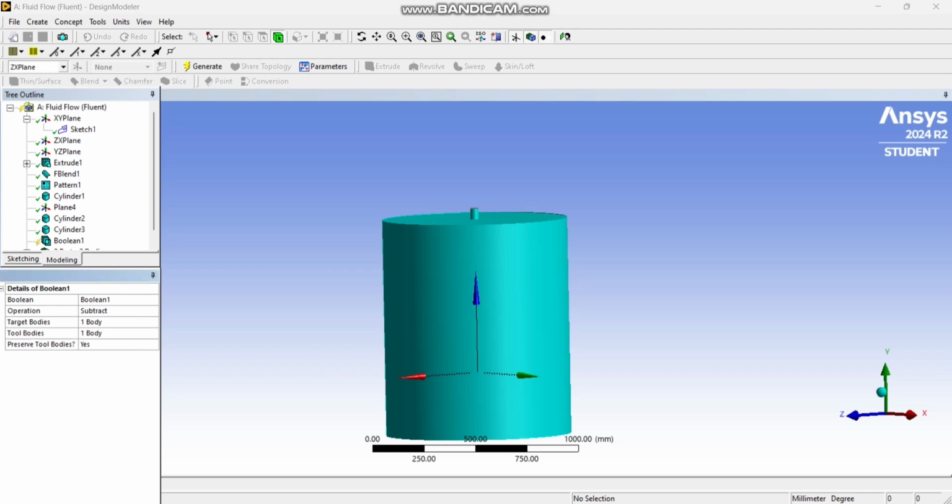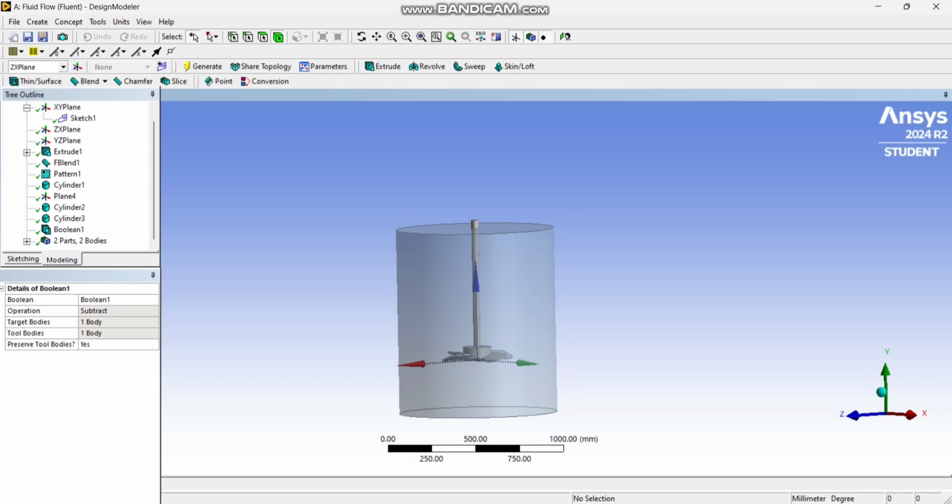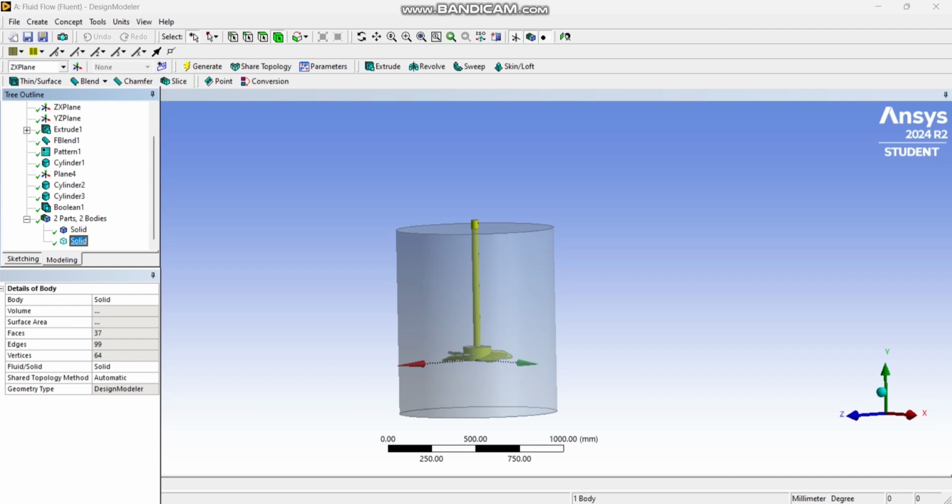Yes, and click on generate, show all the hide bodies. Yes, and as you see here, we have a solid and a tank. They're separated. Well, what we need to do right now, we need to region around the impeller